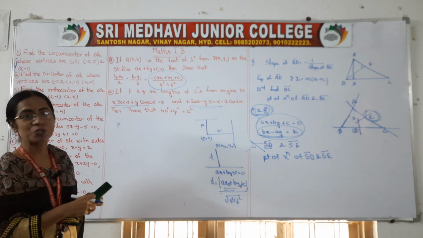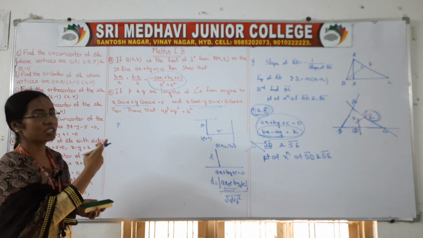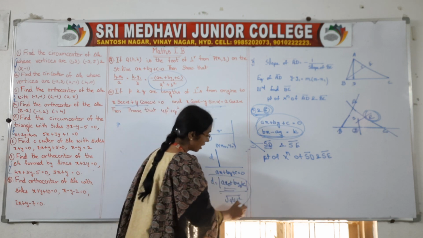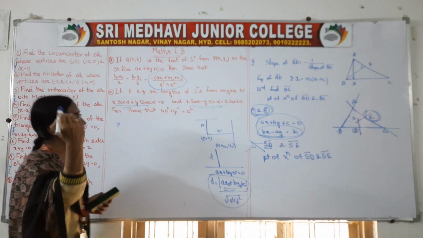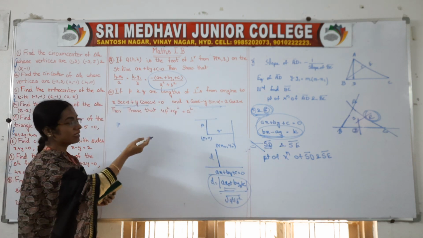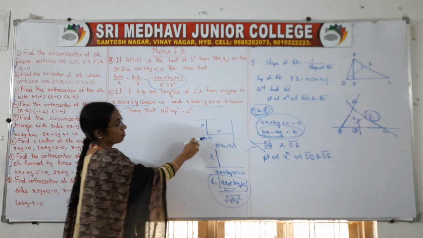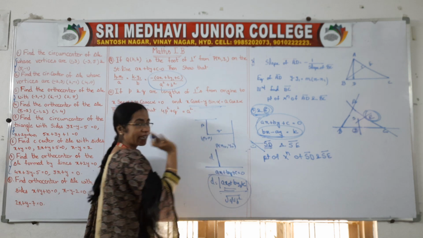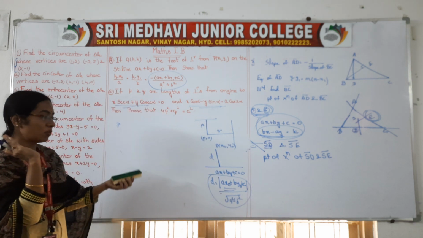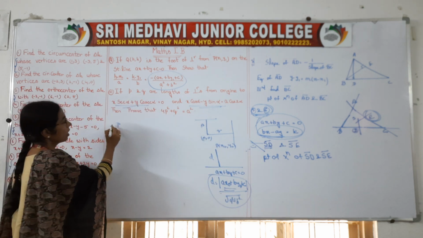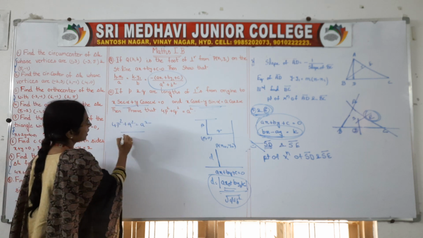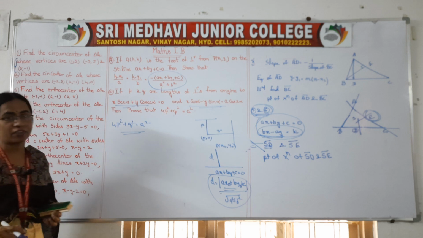Actually this is the easiest 7 marks question in straight lines. You only have to apply this formula while finding p and q, the lengths of the perpendiculars from the origin to the first line and the second line. Once you have those, you will easily get 4p² + q² = a². Hence proved, we will write.